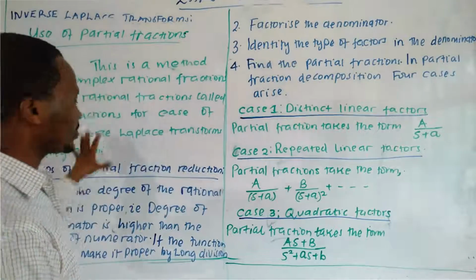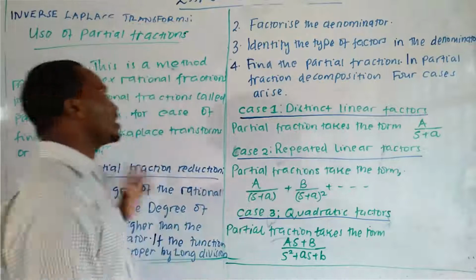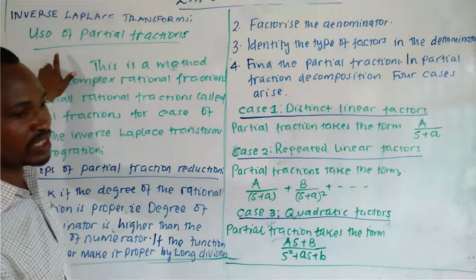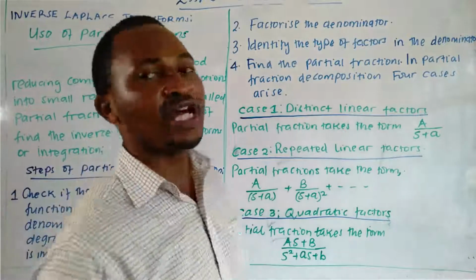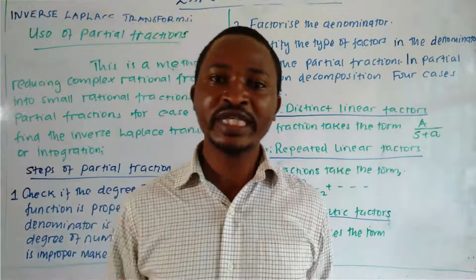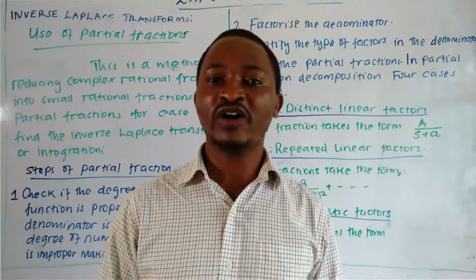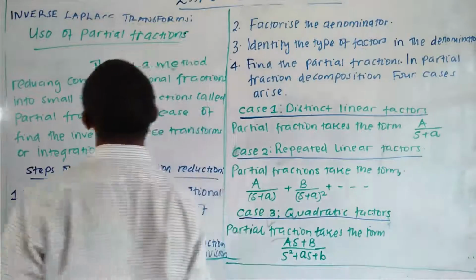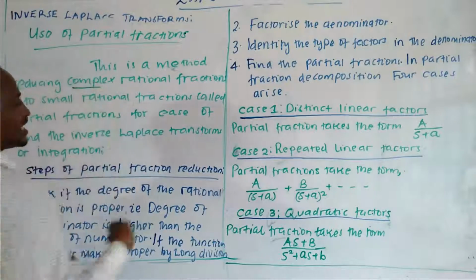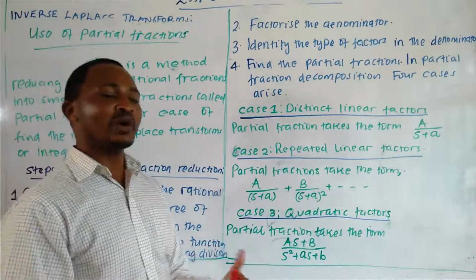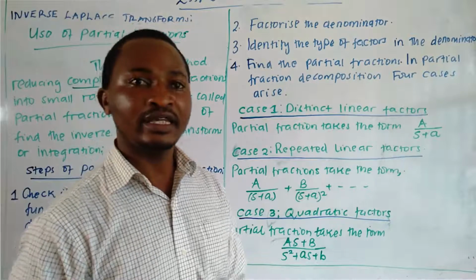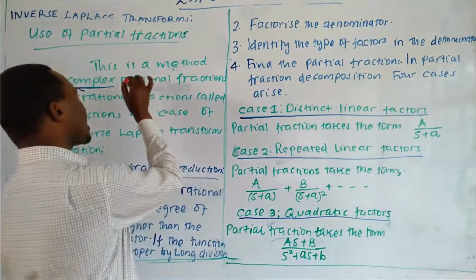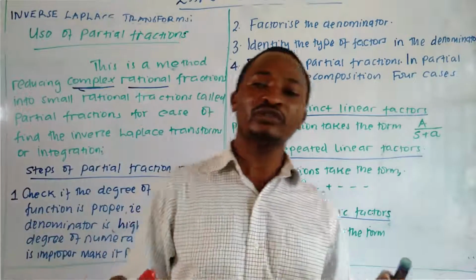I have a brief description of what is partial fraction and how partial fractions are used to find the inverse Laplace transform. Basically, partial fraction is a method of reducing complex rational functions into simpler functions. I'm using the term complex because they are a little bit difficult. They are not like what you were using previously in finding the inverse transformation. They are not directly from the table. Rational, it is a ratio of two